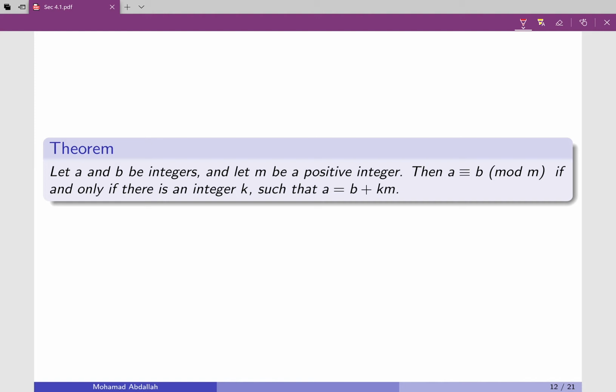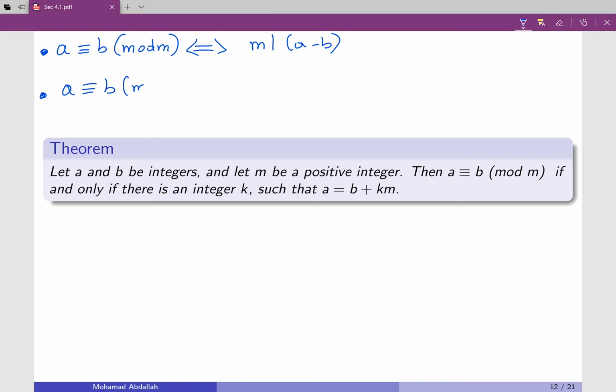So here's a theorem. So far we had the following definition and a theorem. The first definition says that a is congruent to b mod m. That's the first definition we gave. This is equivalent to saying that m divides a minus b. That's the basic definition. Then we added the previous theorem, which says that a congruent to b mod m